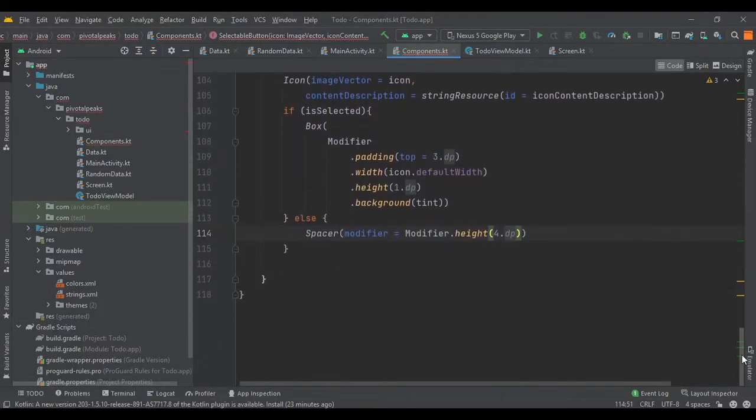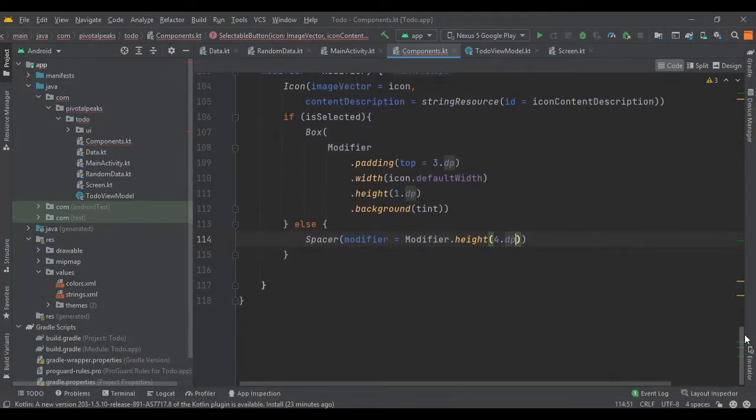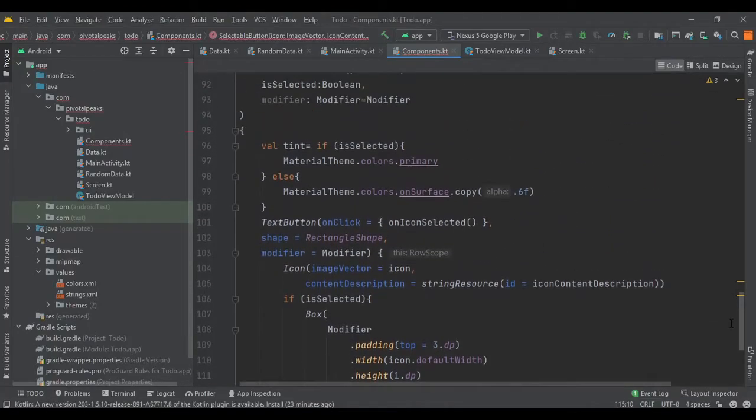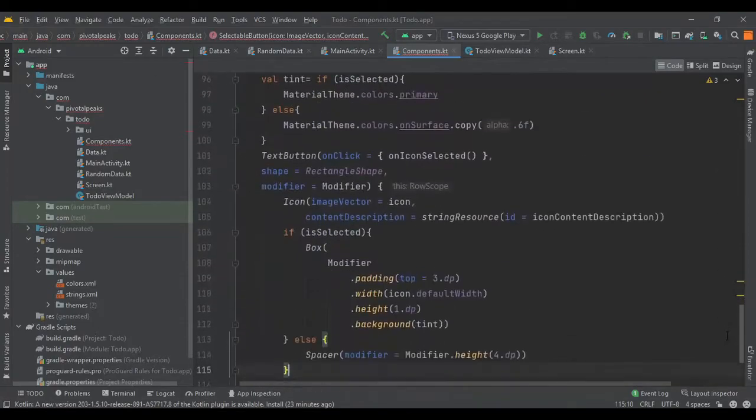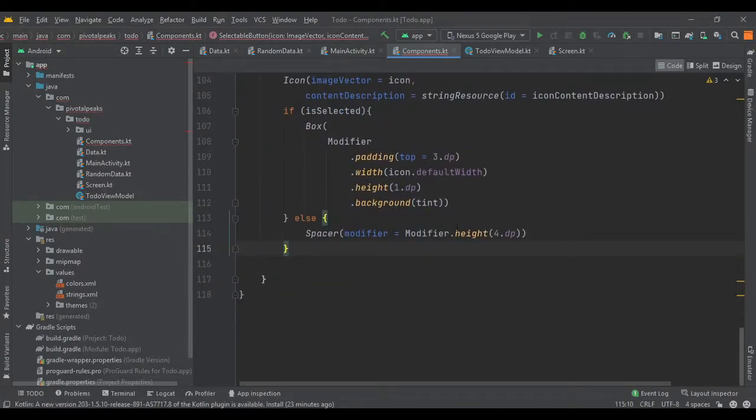And again it's throwing me some error, so it must be some kind of typo here and there, so I need to find out where the typo is. Let's see if it's here.